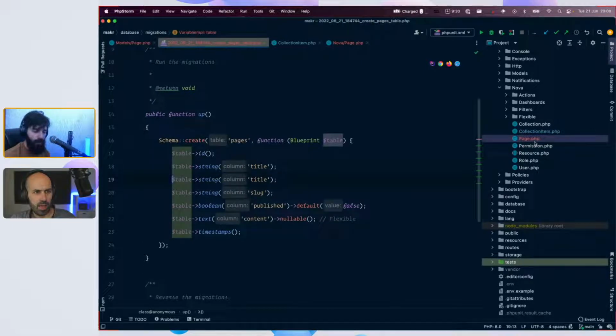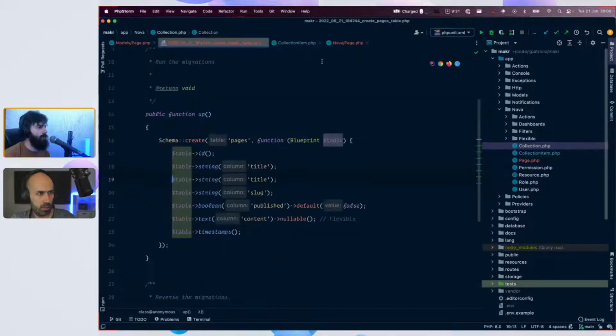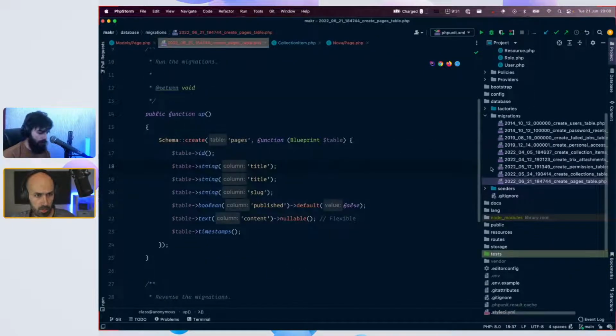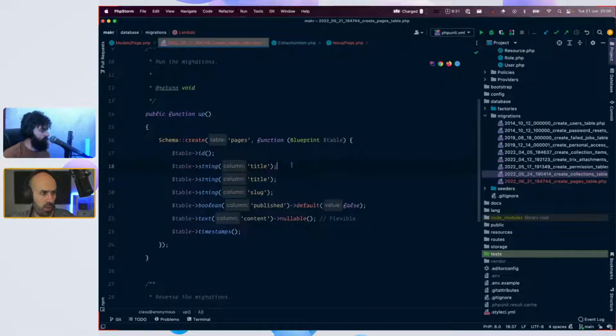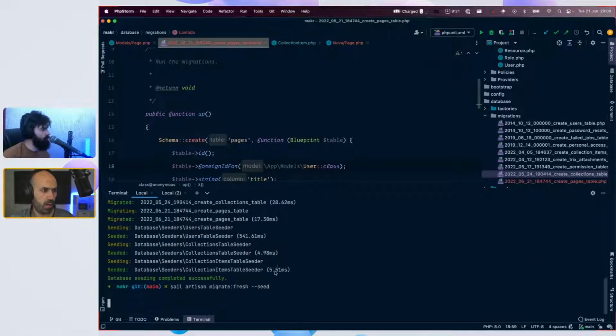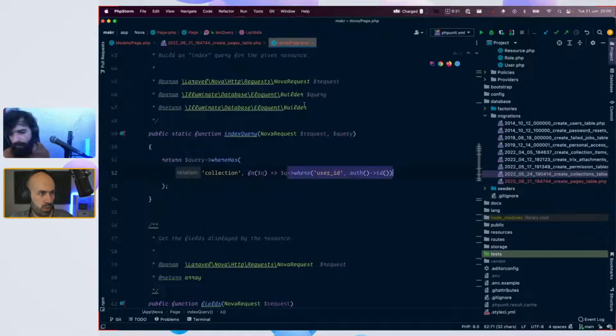Yes. Exactly like a foreign ID. Not here. Collection item. So like the collection table has a field for the user owning, for the owner, right? So we can migrate again. And now, yes, we can come and change the index query.